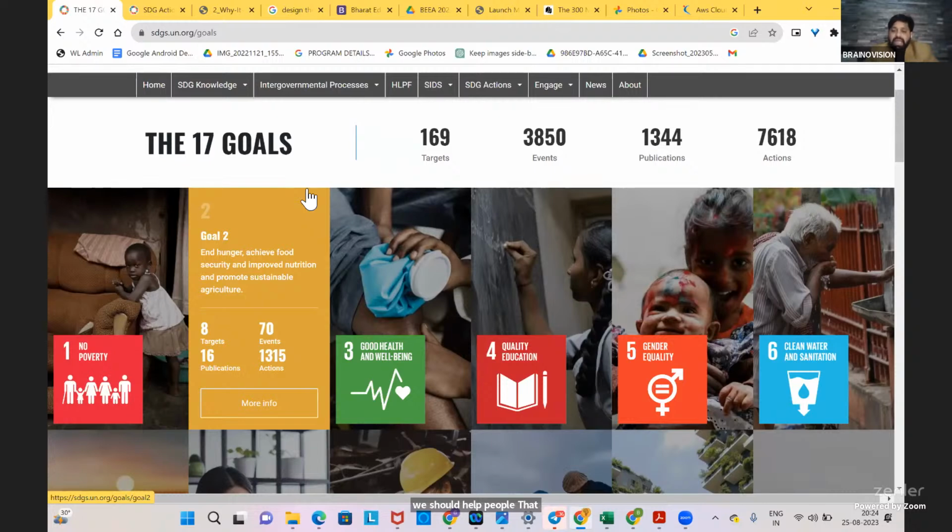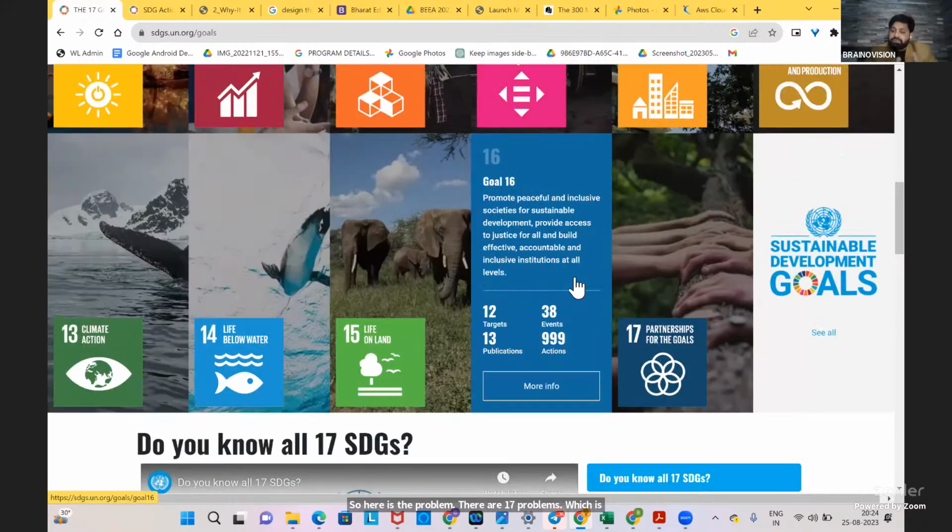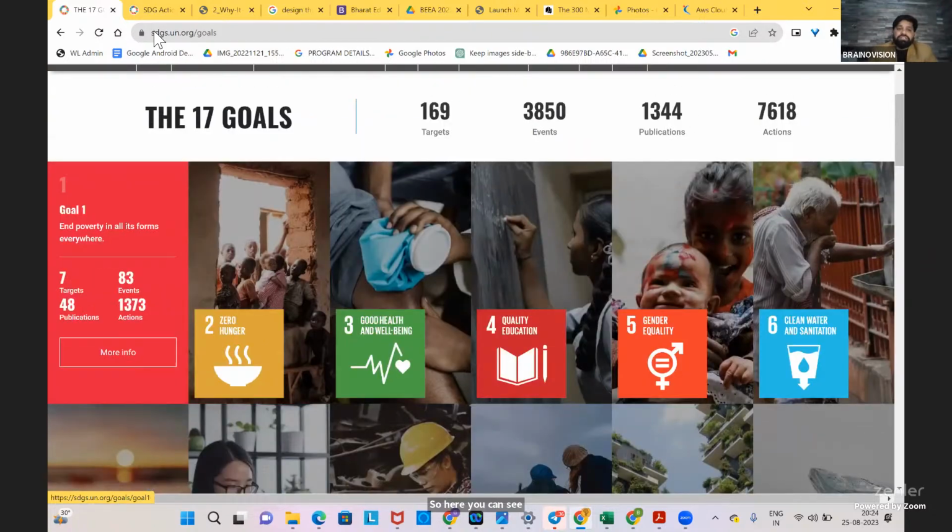So what is the lack? What are the problems? So here is the problem. There are 17 problems, which are very, very important. At least every person should take at least one problem and do research on it. So here you can see the sustainable development goals and zero hunger. If you go to zero hunger,